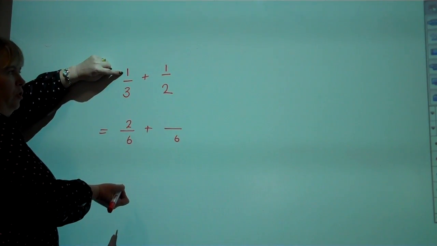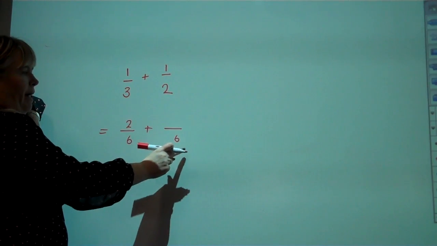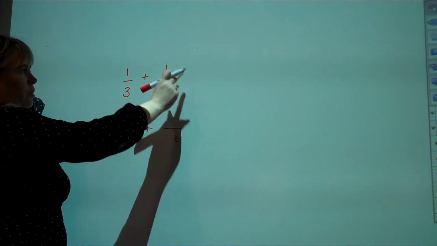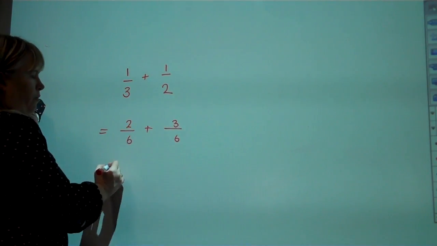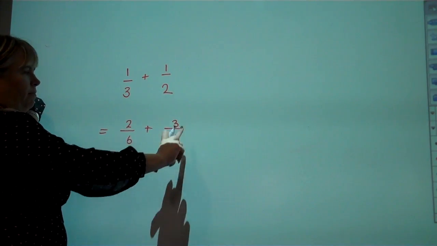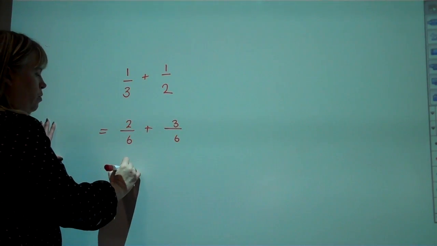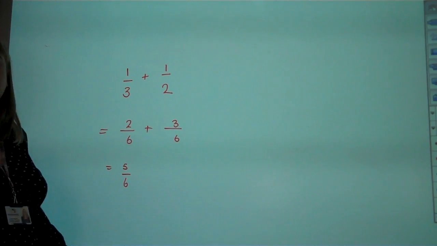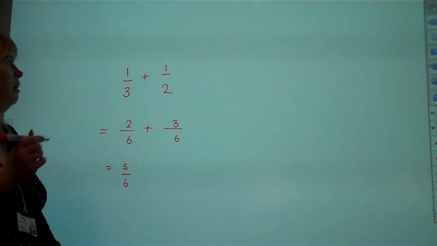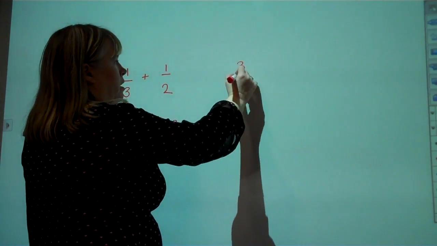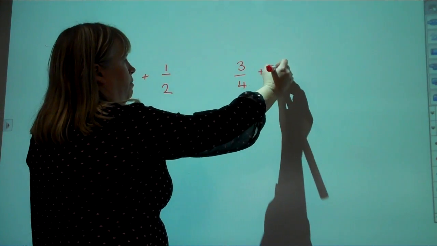1 times 2 is 2. What have you multiplied 2 by to get to 6? Do the same to the number on the top. You've got 3. 2 sixths plus 3 sixths equals 5 sixths. Okay? Let's try a harder one. 3 quarters plus